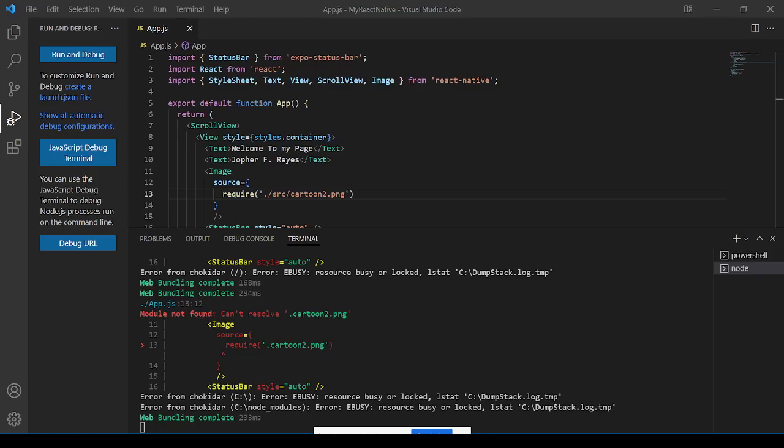Cartoon.png, cartoon, 2.png. Okay, maybe we have to put some style, and then